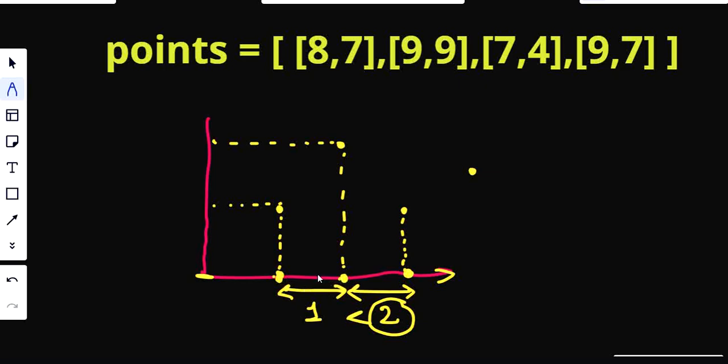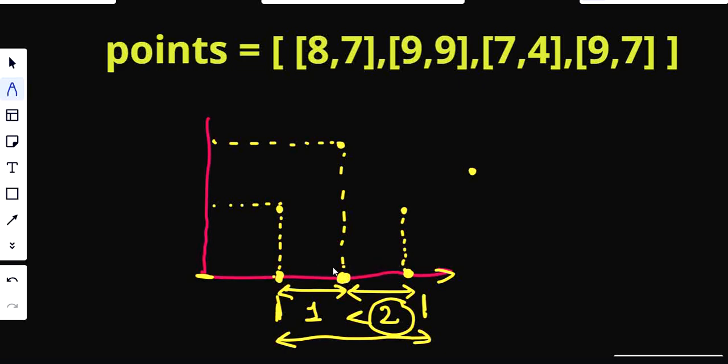But what I can't do in this scenario is take this whole as one distance or one width. Why? Because this width consists of this point, which is coming in between. It is not coming on an edge. So I can't consider this whole width as one. I have to break it down, and I only have to take the width from one point to another,